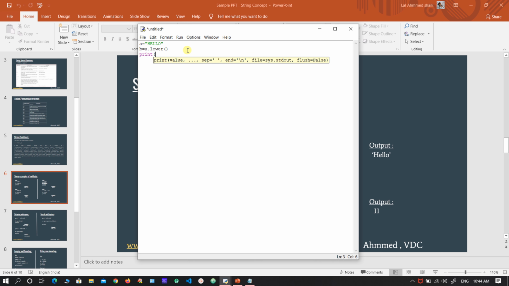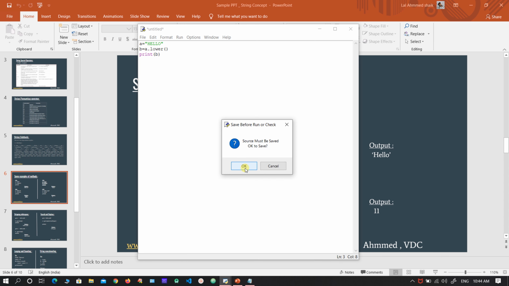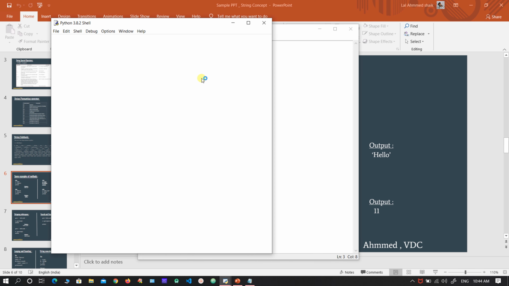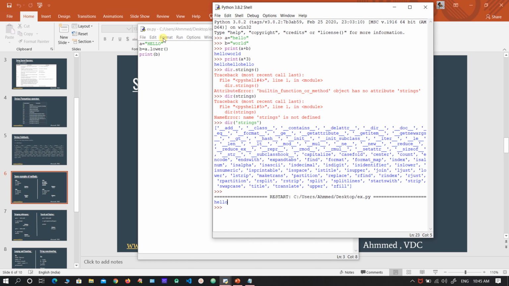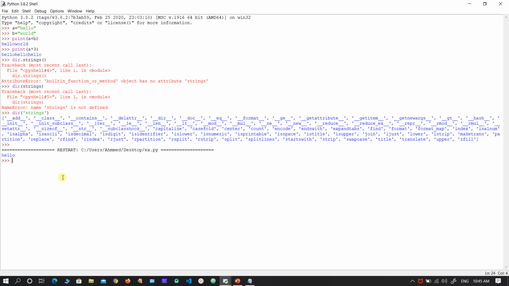Print B. It gives small letters, it converts uppercase into lower. Okay,